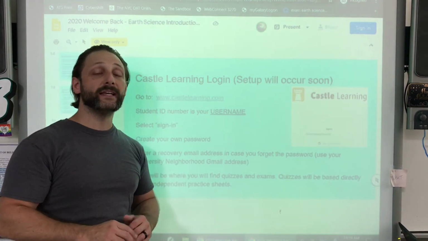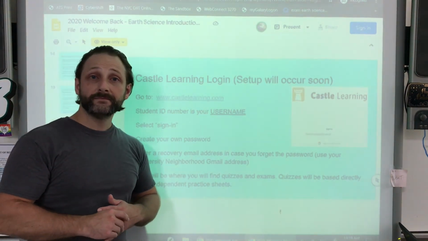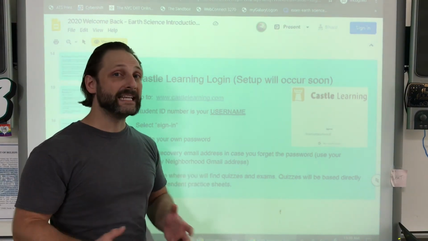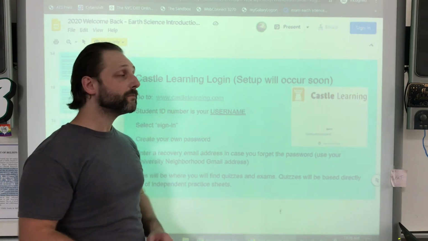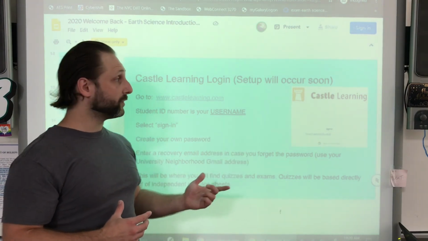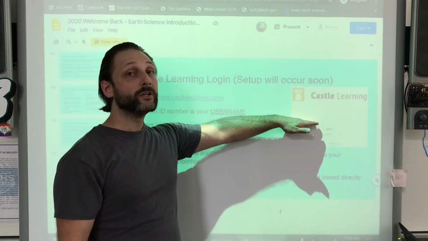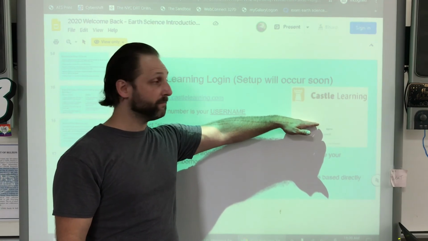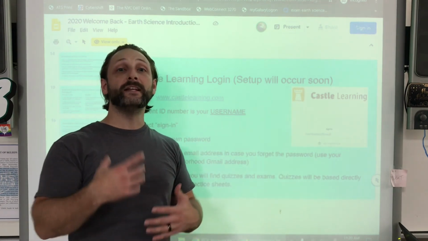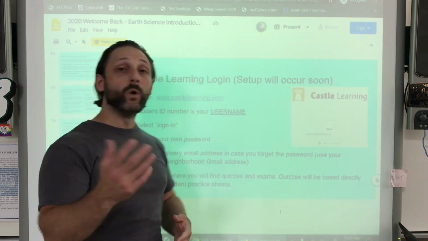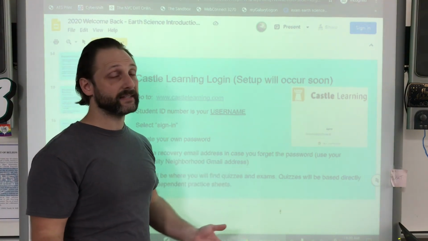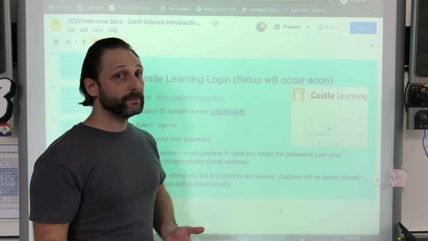All of you will be given a Castle Learning login. Okay, that login, to keep it short, will be your ID number that you have at the school, the one that you enter in from your ID. You will create your own password. So I'll give you the walkthrough now. You enter your student number in the username, leave the password section blank, hit sign in, and then you create your own password. Once you're there, you will navigate your way to incomplete assignments, and inside the incomplete assignment section,